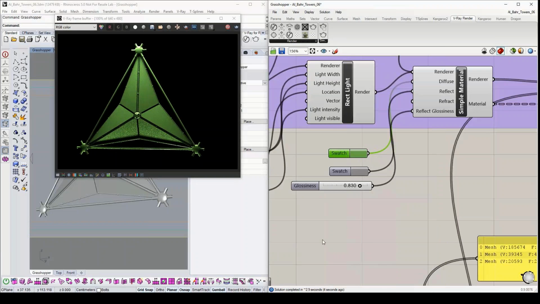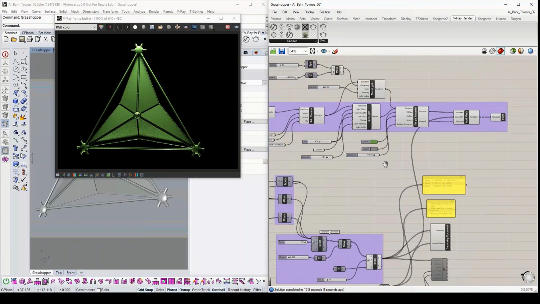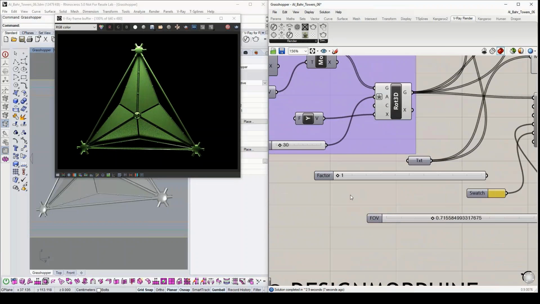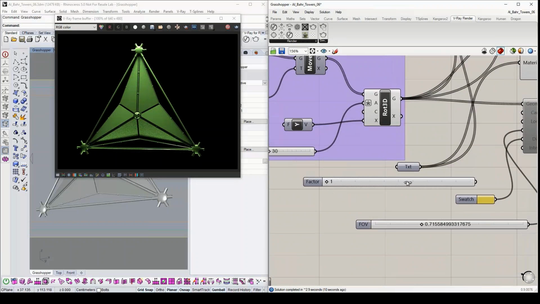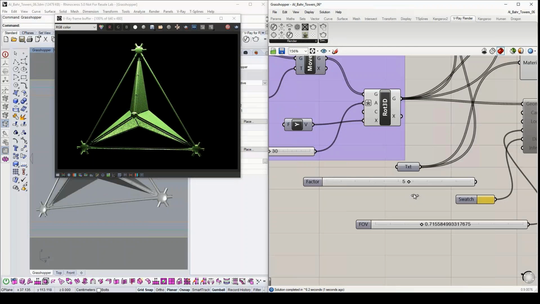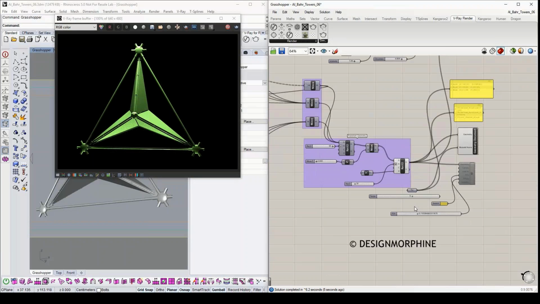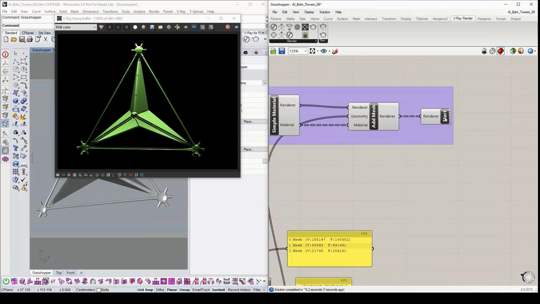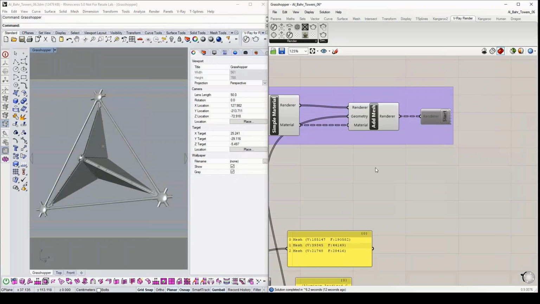You can also make changes that modify the geometry, such as this slider down here. As I make changes to this, it will update. You'll notice it will update both in Rhino and in the frame buffer. The script is a little hefty, so it can take a second to update. I'm going to go ahead and stop this render, and I'll show you how it can work straight out of